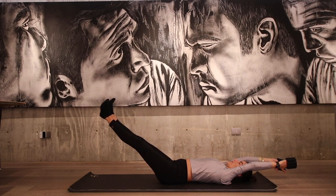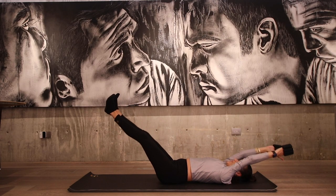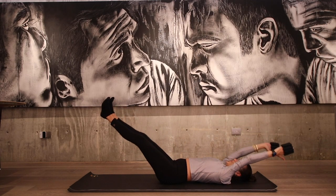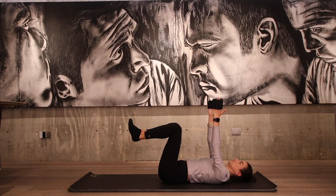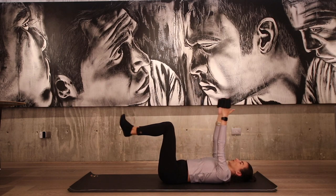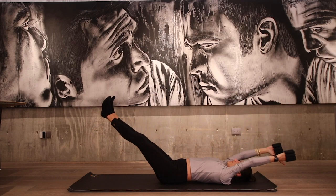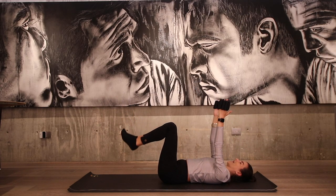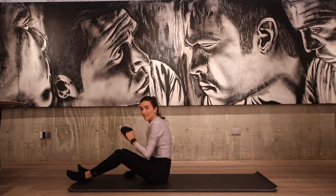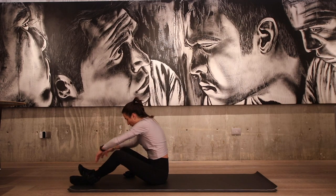Last 6. 4. 2. After that last one, you can bring your feet down, arms down, carefully come all the way up to sitting. If you're using ankle weights here, feel free to add them onto your ankles, add a little extra kick in for our